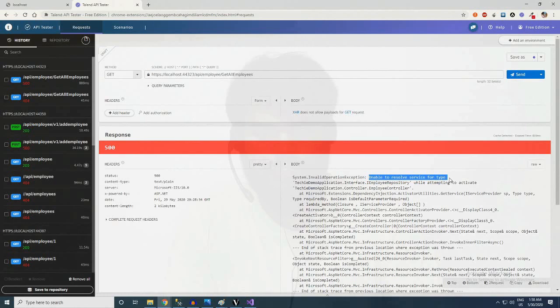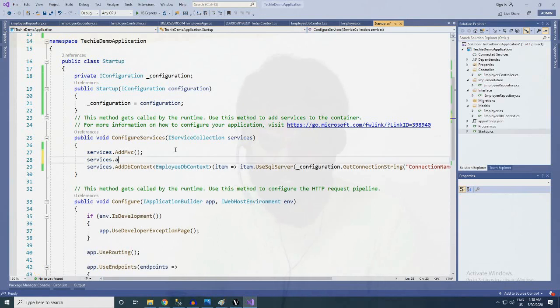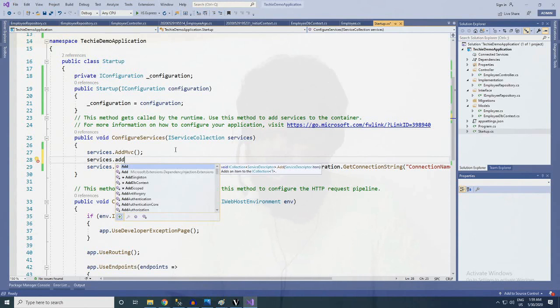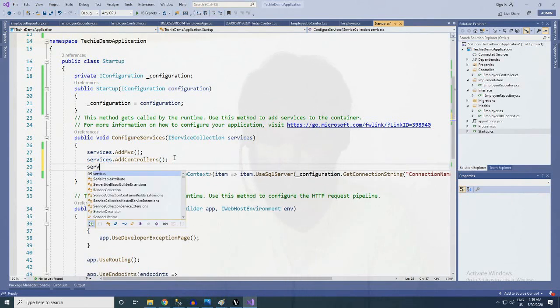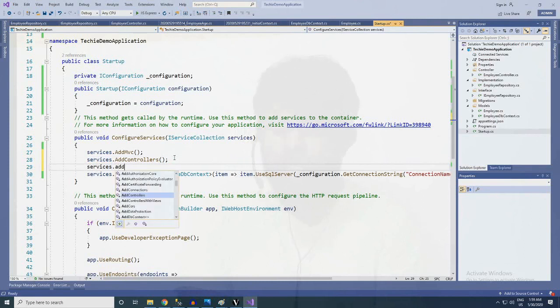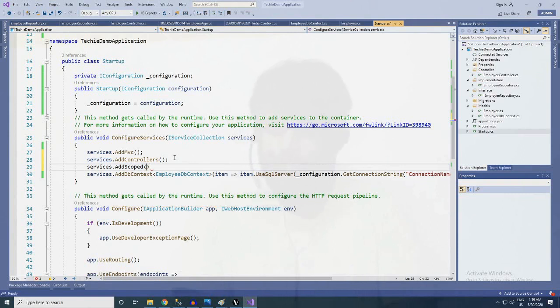What we need to do is services dot add controllers, and in the next step, services dot add scoped IEmployeeRepository, linking that to